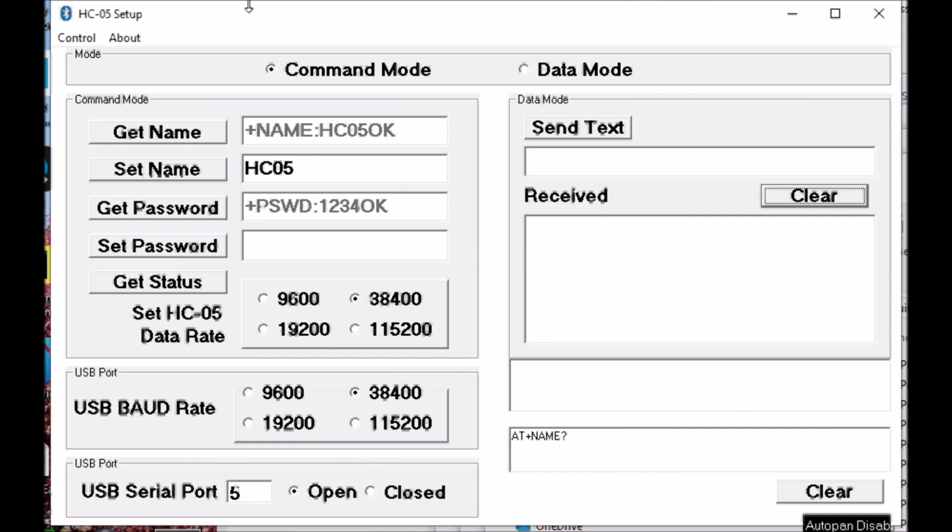This is my Bluetooth programmer written in Visual Basic 6, and you can see it has a bunch of different things we can do. We can set the mode to command mode or data mode. We can set the name of the Bluetooth module. We can set the password. We can set the baud rates that we're talking to everything, and we can set the USB serial port for this PC that's going to be used to talk to this thing, and we can open and close the serial